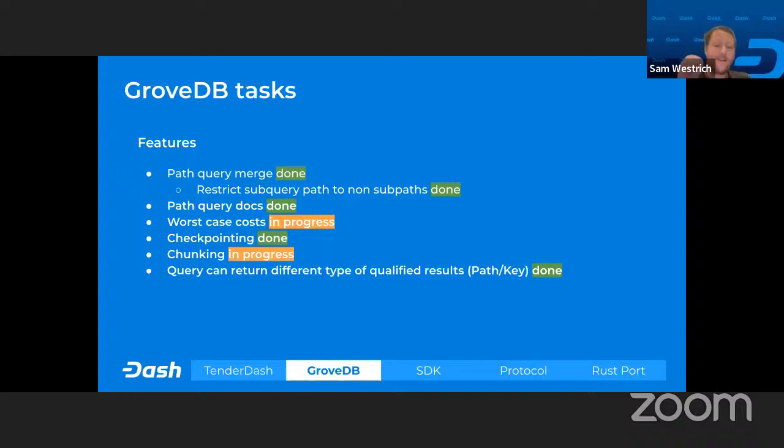Now, we didn't do this story for the efficiency. It's more that for every item that we were querying, sometimes we actually needed the path back, and we needed the path back for another reason in fee distribution pools, because we needed to know the path of an epoch when you queried a specific advanced query. So we built this feature, and it can be used for more than it was needed for.